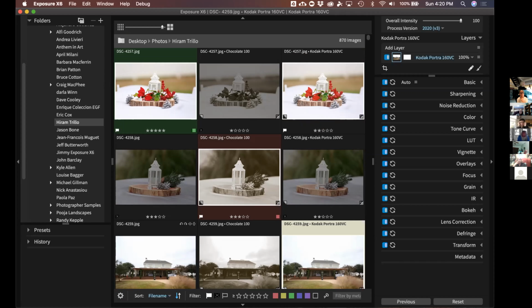Okay. Well, a lot of the tools that I'm showing right now, there are similar tools in Lightroom. They might even operate the same. If you are a Lightroom user, then you'll feel very at home inside of Exposure. The non-destructive workflow inside of Exposure and the fact that we don't have a catalog is really the biggest difference between Exposure and Lightroom. So inside of Lightroom, when you go to import images, you have to import images, and then